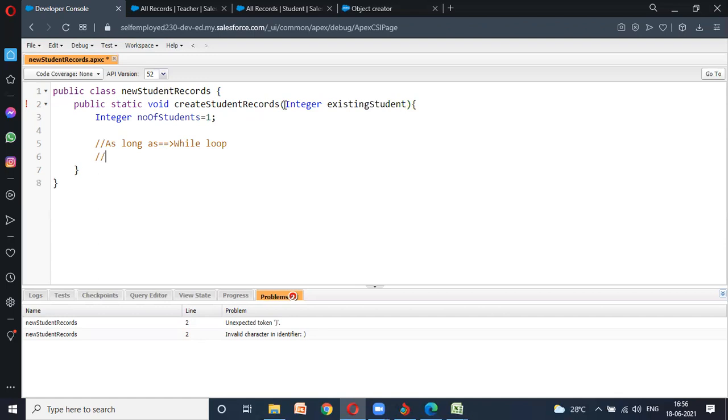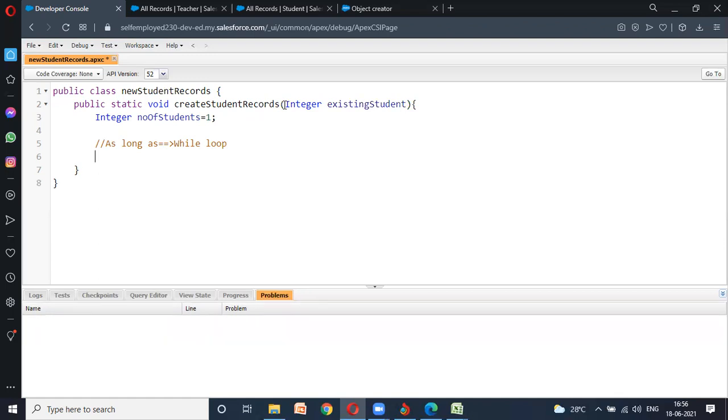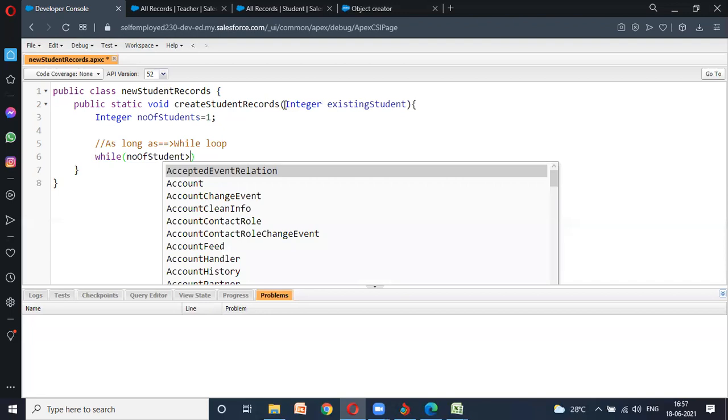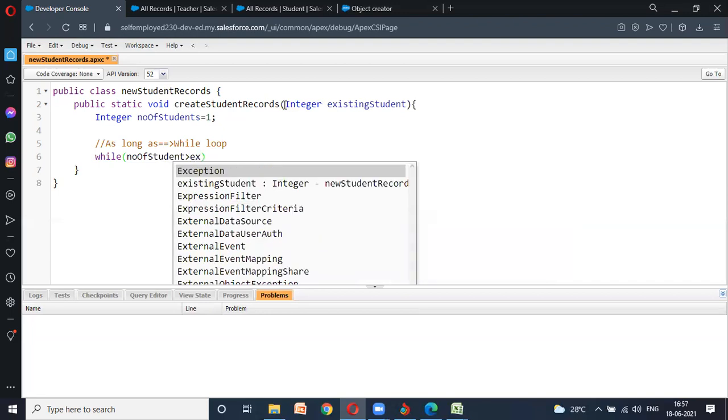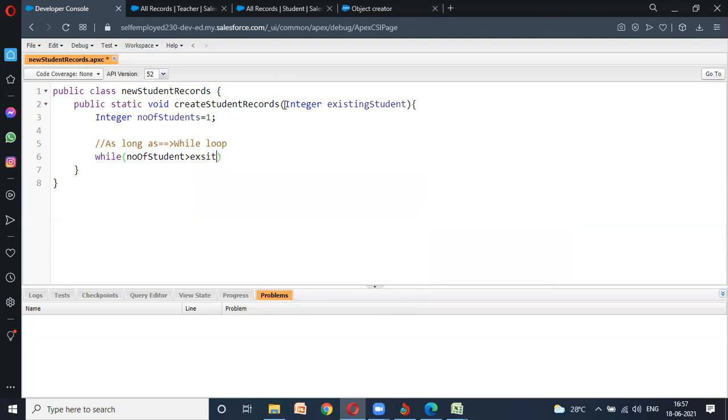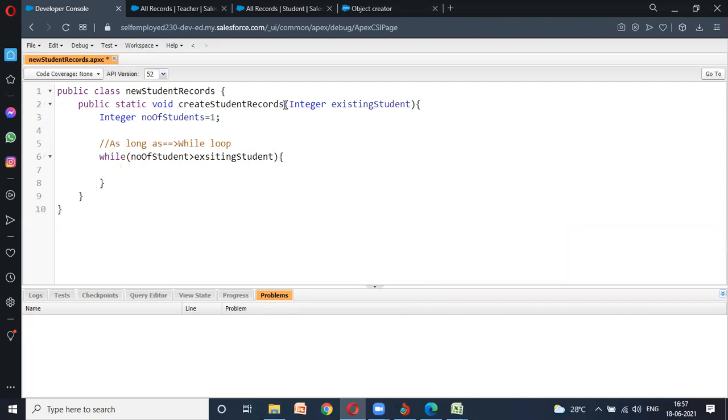So I will write while, as long as my number of student greater than existing students, this loop will work. What will this loop do, sir?